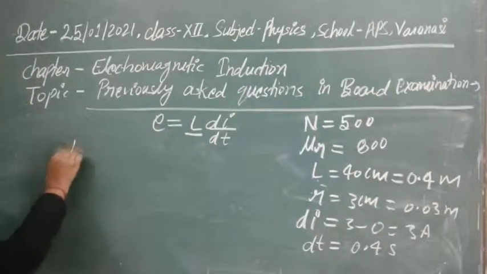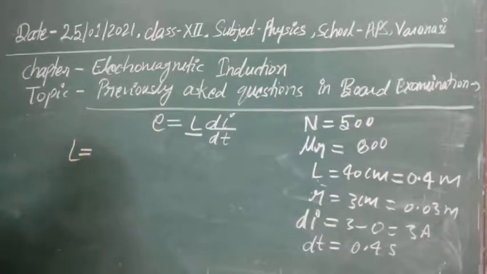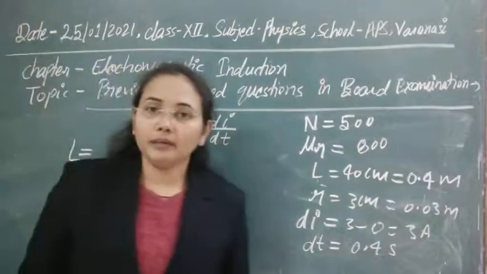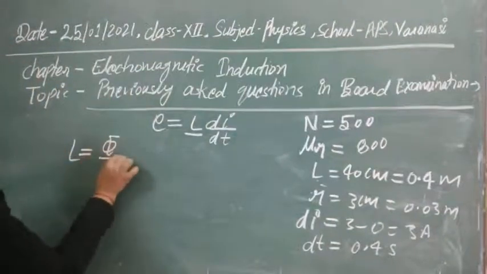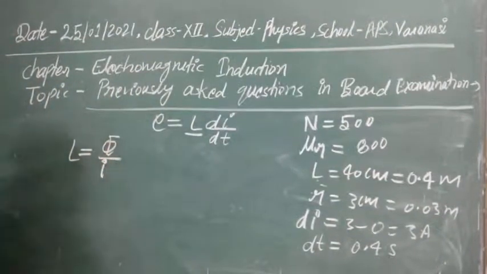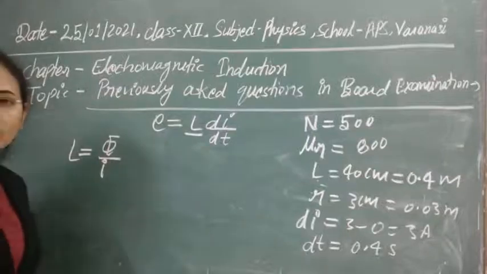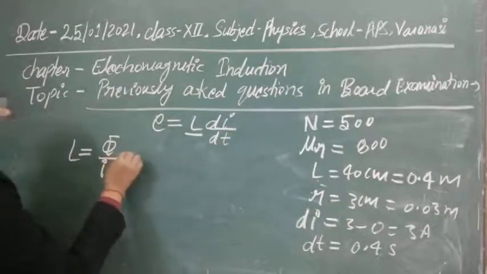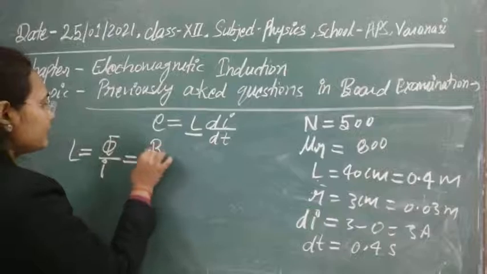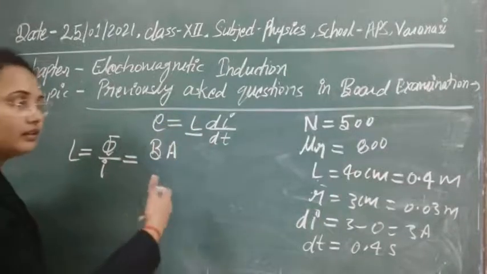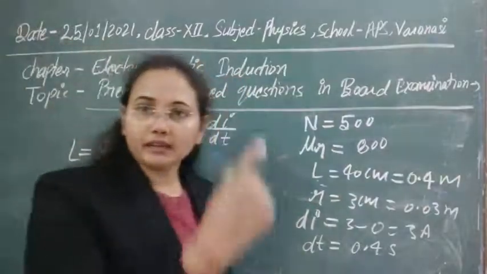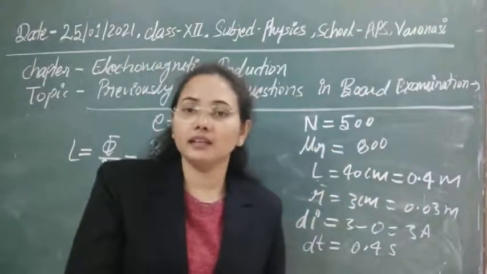And you know that self-inductance is given by phi upon I, meaning the flux generated in the system and the current flowing through it. With the help of that we can calculate, and the value of phi here is NBA, and also you know that the angle between the surface area and magnetic field,